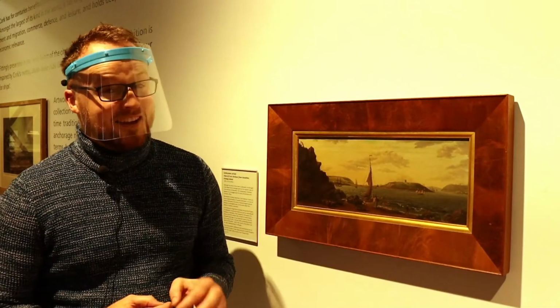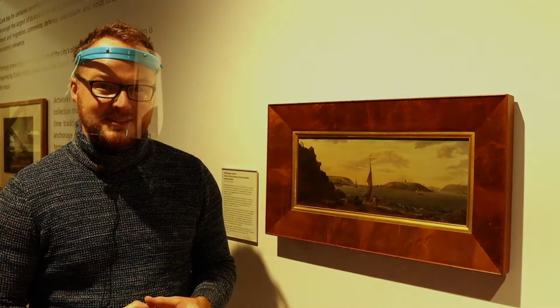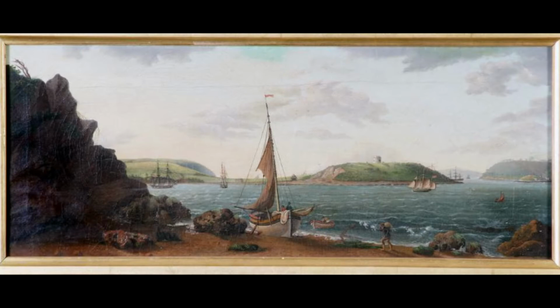This painting dates to about 1809, about 20 years after the view by Thomas Sowtell Roberts. But our vantage point is very different. Here we think it's taken from Rostellan, in the lower harbour, as it looks across the wide basin of Cork Harbour. We're not quite sure what we're looking at. Some people think that over here we have Great Island, others think it's Currabinny. This looks to be Rocky Island, a small island which is now home to the crematorium, but in those days